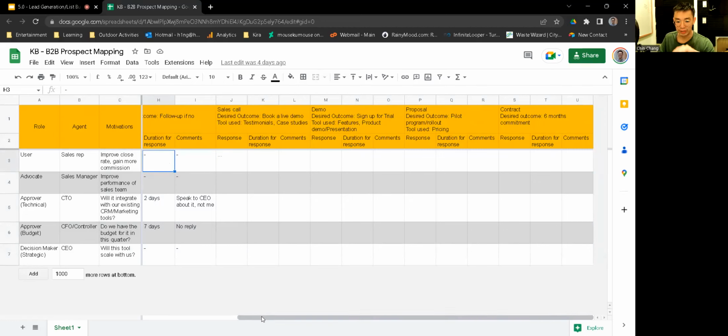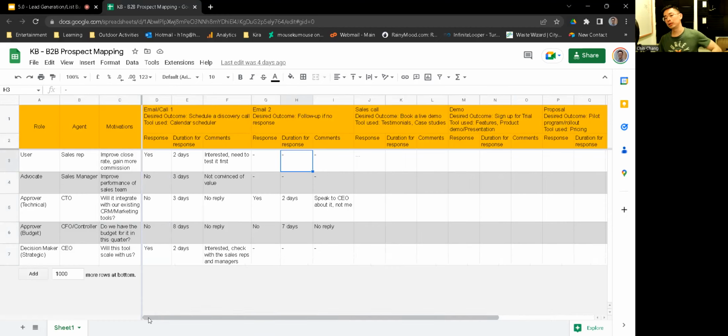So moving forward, once you start to have more data, then you'll understand, okay, generally in the first interaction, it's best for me to reach out to someone who is, let's say, management level. In the sales call, I need to get the CEO involved, I need to get marketing involved, and I need to get the advocate, i.e. the sales manager, involved. In the demo, I need to get the sales rep or the user, and I need to get the manager involved. And then in the proposal, I need to get all of the approvers and the decision makers involved. So you just need to know who needs to be involved at each stage, so you don't miss them out, or else it's going to just slow down your sales process as well.